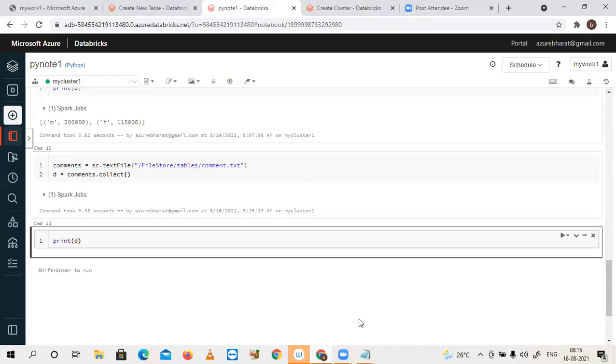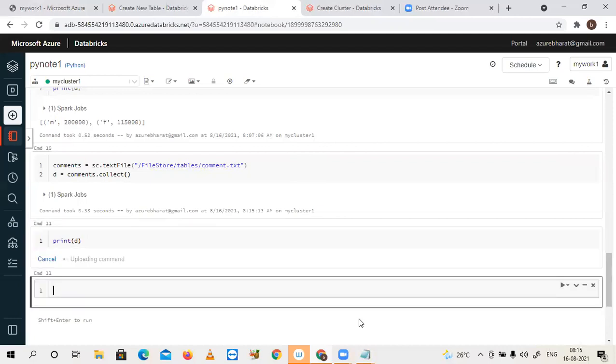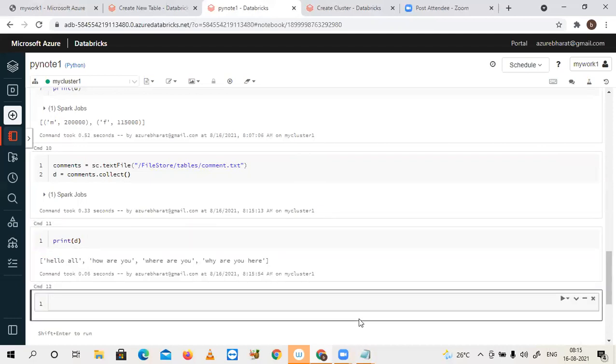So just check the output. We have 4 lines. Hello all. Every line has one element. Observe, every line has one element. Now in this case, I am not interested in a particular position word. I am interested in every word. That's why I need a single dimension object. That means I need to apply flat map. Got it. Okay.